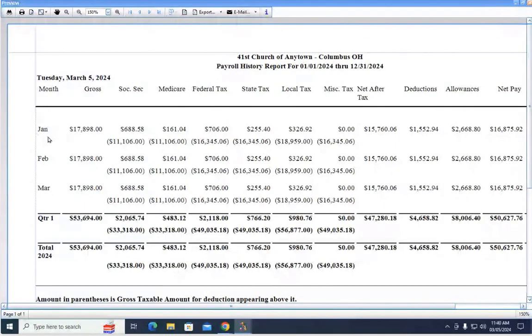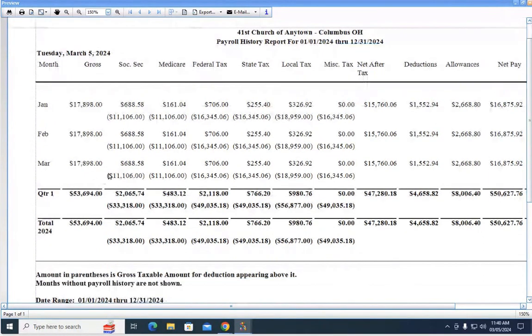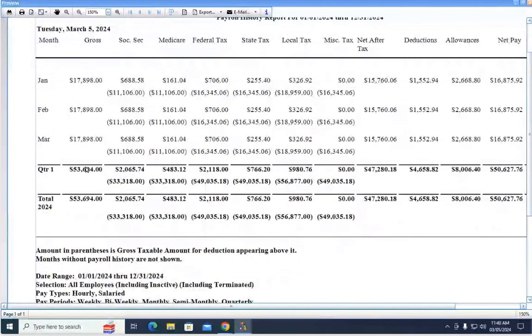But again, a useful summary report when broken down, if it helps, by month, quarter, and then for the year. So when I have more payrolls later in the year, I'll get January through March, quarter one, then April through June, quarter two, et cetera, and then my grand totals at the end of the year. As with all of our reports, folks,